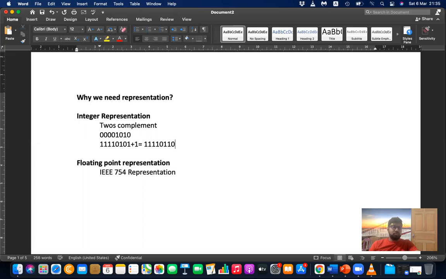Right? And floating point representation also involves some more calculations. When it comes to integer representation and floating point representation, there are some arithmetic operations. We have to do some calculations, but it's not easy to do calculation always. It's not possible to do calculation always. So we have to find an easy mechanism to represent